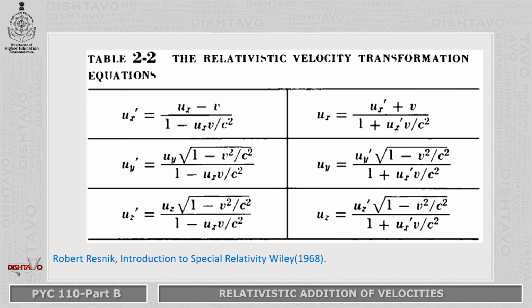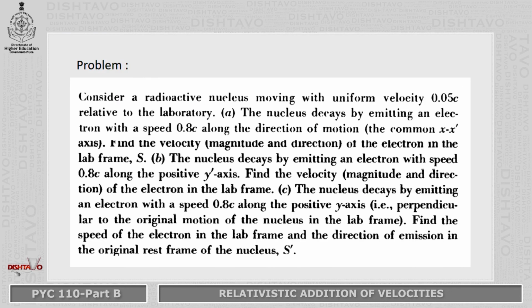So, the relativistic velocity transformation equations are ux prime, uy prime. You can work out uz prime if the passenger is moving in the z direction. These are the direct transformations, and in the inverse transformation equations you have ux, uy, uz on the left hand side, expressed in terms of ux prime, uy prime and uz prime, whereas when you are writing for ux prime, uy prime, uz prime, the ux, uy and uz terms appear on the right hand side. So, you have to be very careful. Now, we will solve this particular problem quickly.